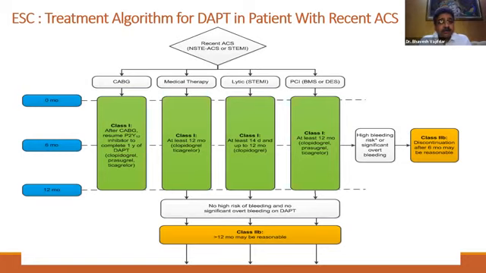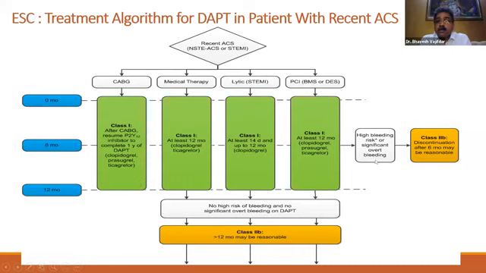And this is a chart from almost 3 years back, the 2017 ESC guidelines. You can see that if you have a patient with an acute coronary syndrome, be it ST elevation myocardial infarction or non-ST elevation myocardial infarction, regardless of what strategy of treatment you do, whether the patient undergoes CABG, angioplasty, fibrinolysis, or is just on plain medical therapy, all of them are advised to take antiplatelets for almost 1 year. So this is really important.